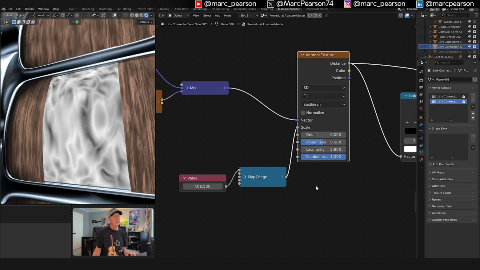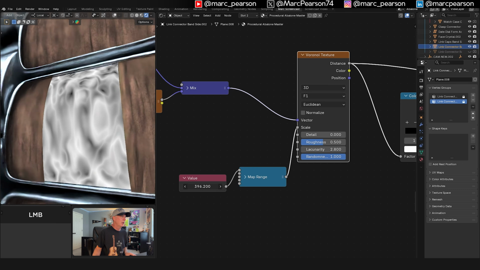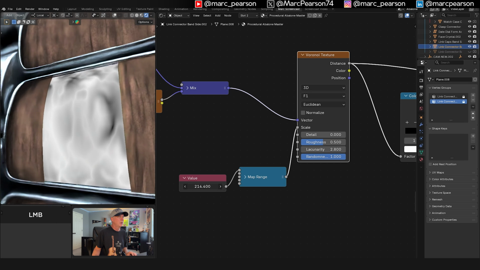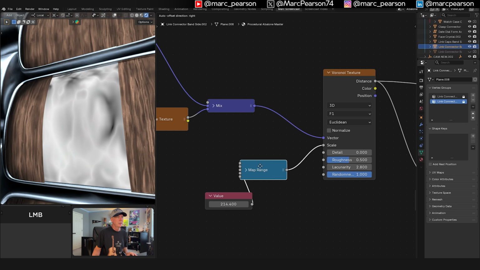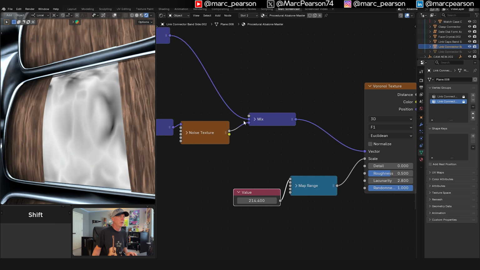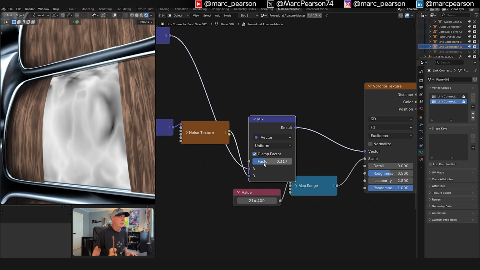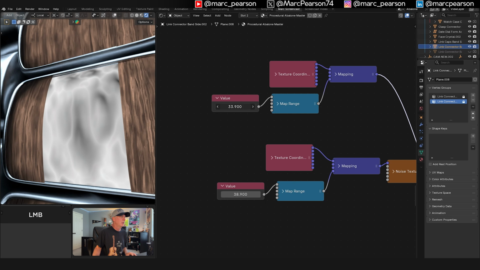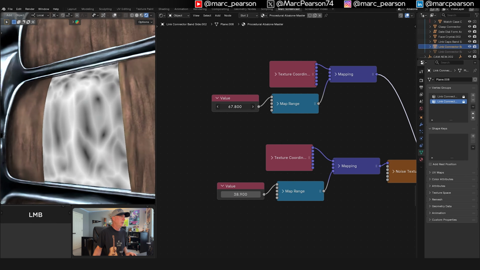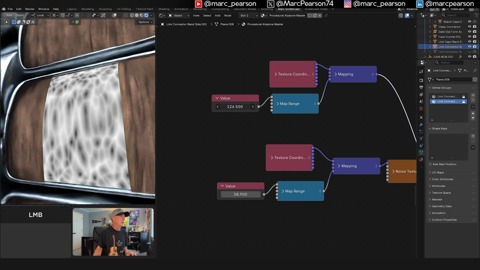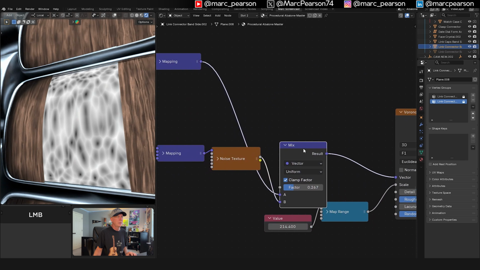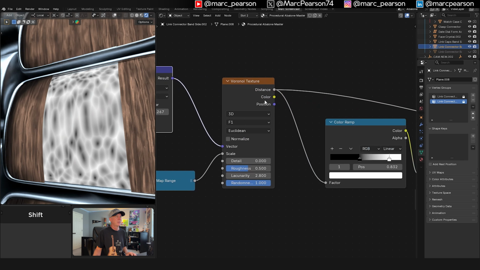Yeah, there you go. I think on mine, I went really subtle on the blend here. That's the scale of that. So over here on the blend, I went really subtle, and then on my Voronoi, I went really small, right? And I clamped that down as well, coming out of that, right? So